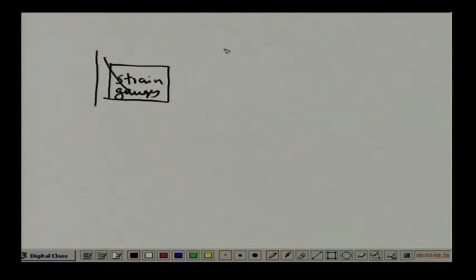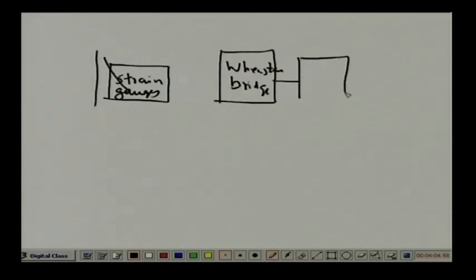So, it looks like this, I have a Wheatstone bridge. Then it is coming to, this is a DC voltage, it is coming to a PWM,